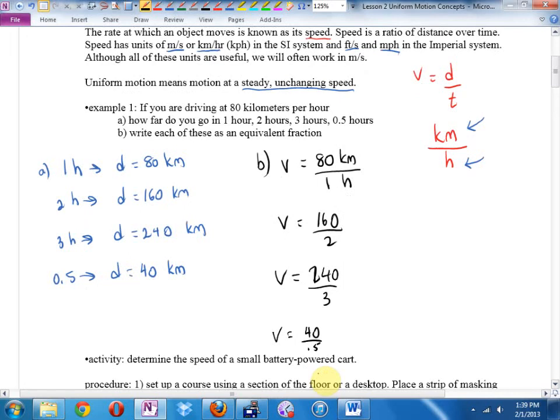And can you see what we're really doing here, Ty, is emphasizing our equation that we're going to formalize. It's a distance divided by a time. Can you see those equivalent fractions? If I know the speed, the distance divided by the time, that's uniform motion. You were doing it in your head, but that's what you were doing.